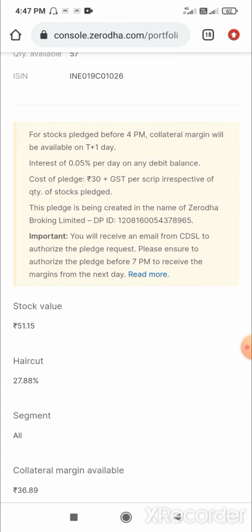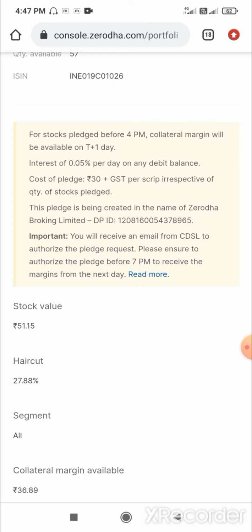And the interest of 0.05% per day on any debit balance. For example, if you do any F&O overnight trade, you should have minimum 50% margin as cash. Then only you can do an F&O overnight trade.